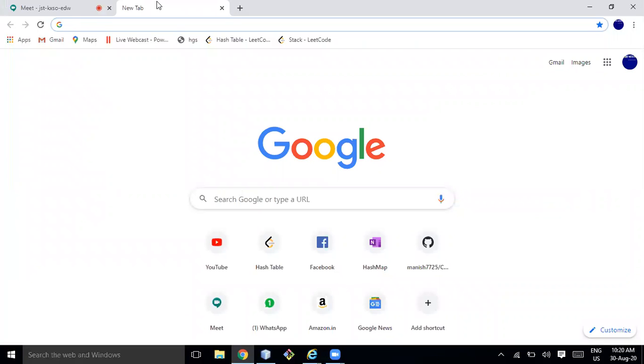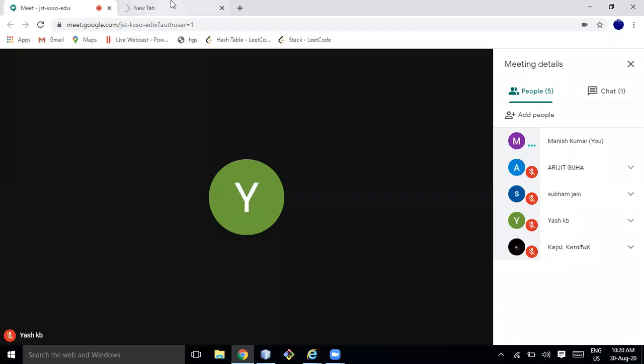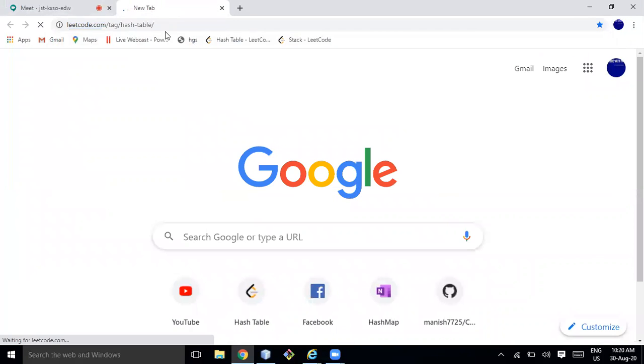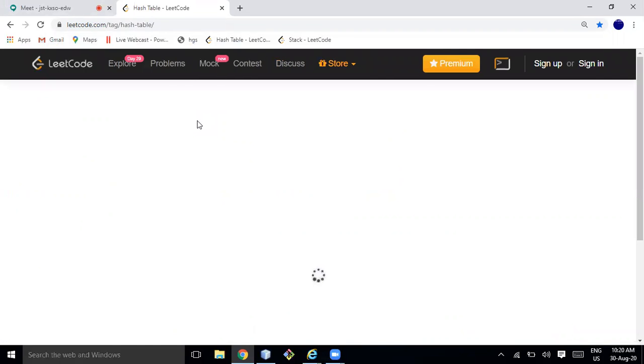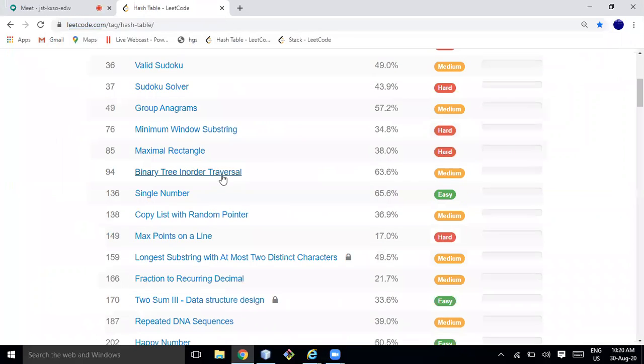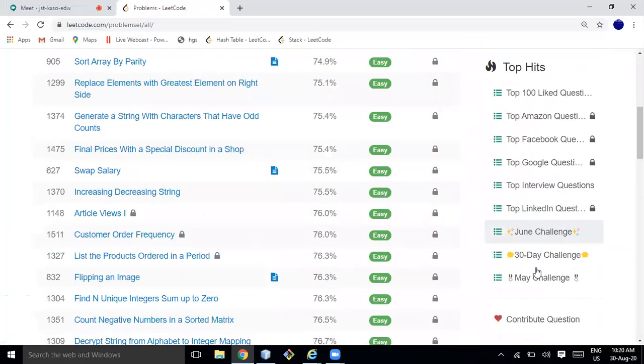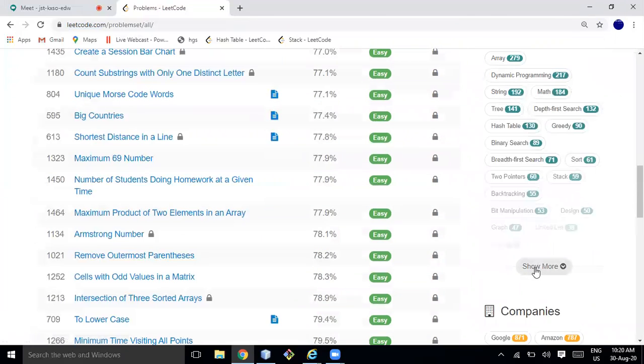If you open LeetCode and check the structure of a node, and how we generally use it to solve problems, let's first go through that. So the problem here, if you search for tree,